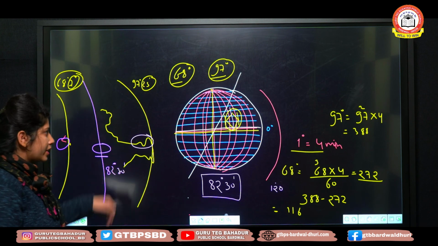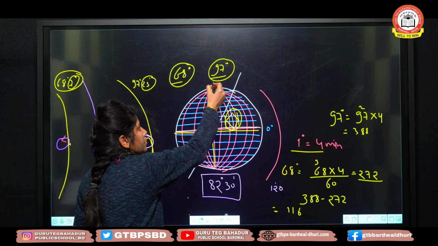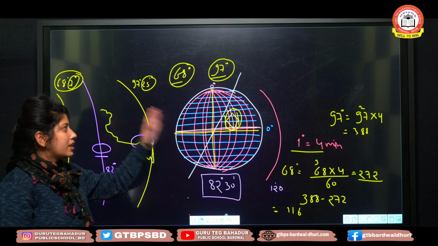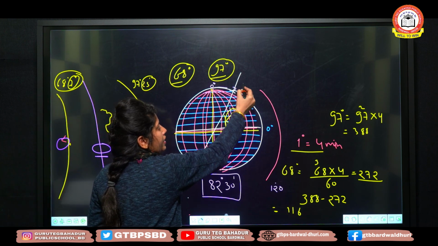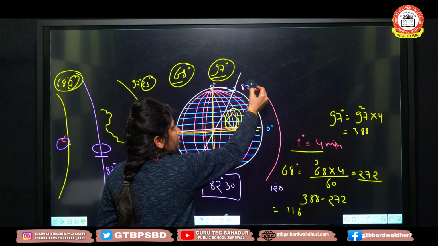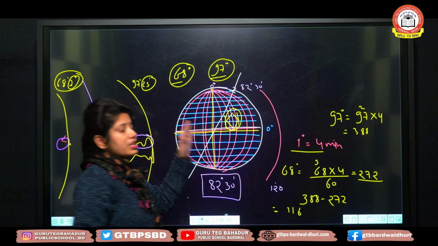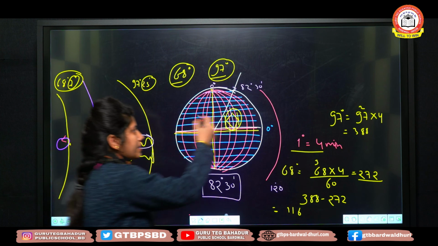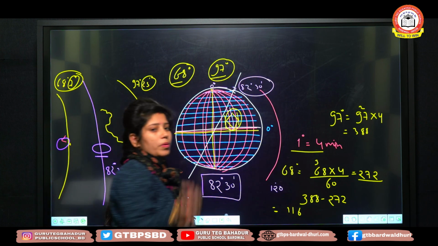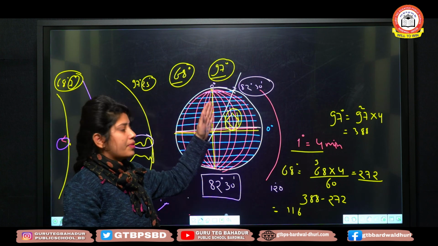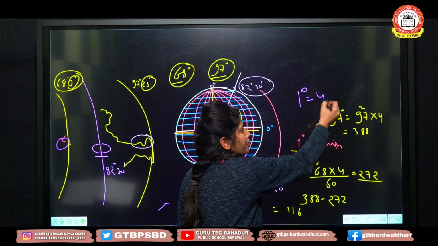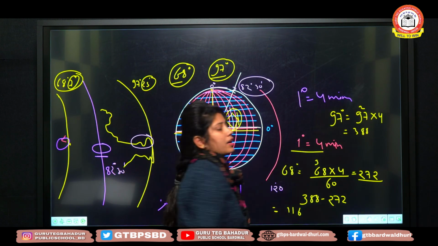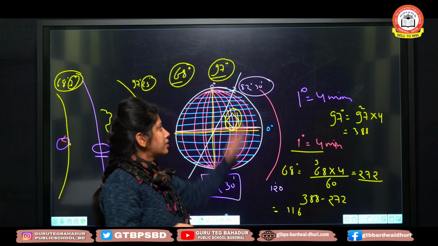Meaning people of Arunachal Pradesh and Gujarat will follow the time according to 82 degree 30 minutes. And this is 82 degree 30 minutes from 0, that is the Greenwich line. We are 82 degree 30 minutes from the Greenwich line. That is the difference. Okay, you people could find out the difference of the time. That is, 1 degree equals 4 minutes. You have to calculate this.